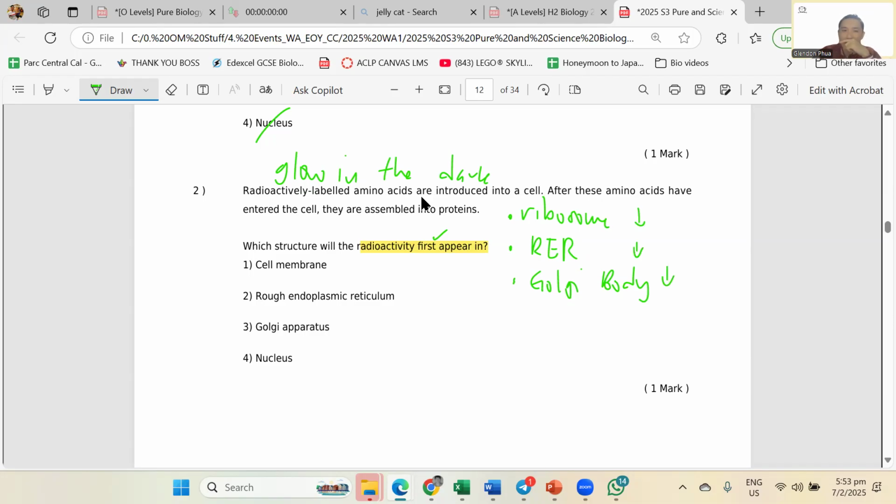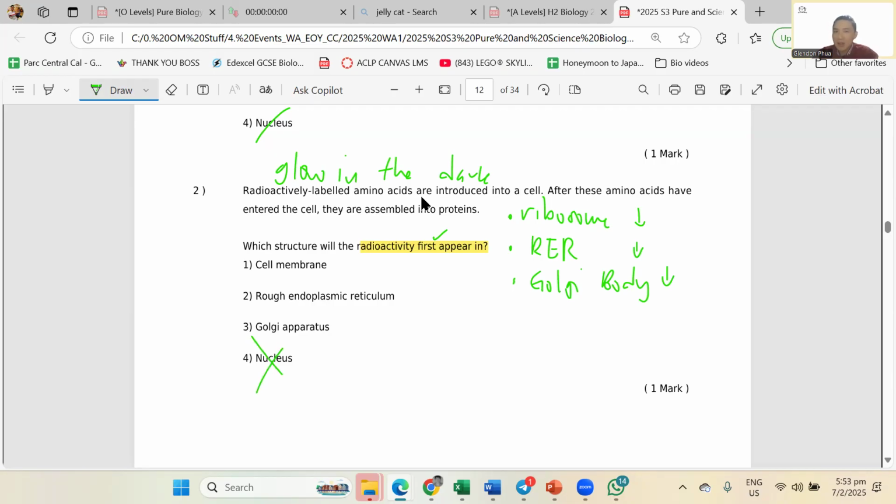Now, will there be any involvement of the nucleus? No. No protein synthesis in the nucleus. It's like me asking you, do you think Taylor Swift will again take part in creating the marketing advertisement? No, Taylor Swift is so rich, she can sing songs. She will not touch the marketing material at all. She pays money, someone else does it. So Taylor Swift only sings songs. The nucleus only controls the activity. So no protein synthesis. So gone.